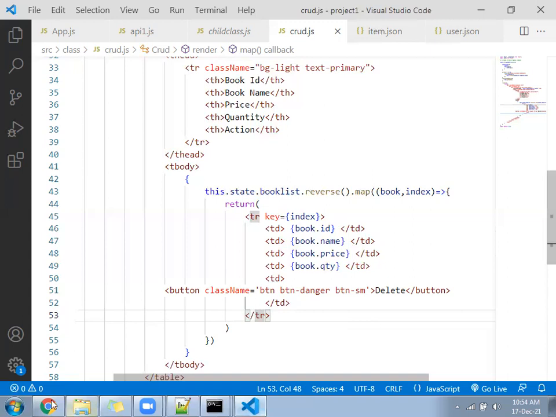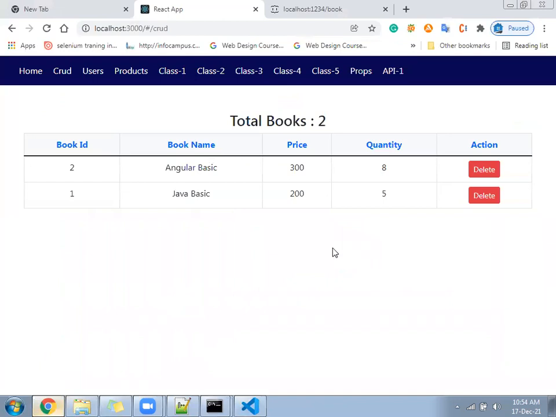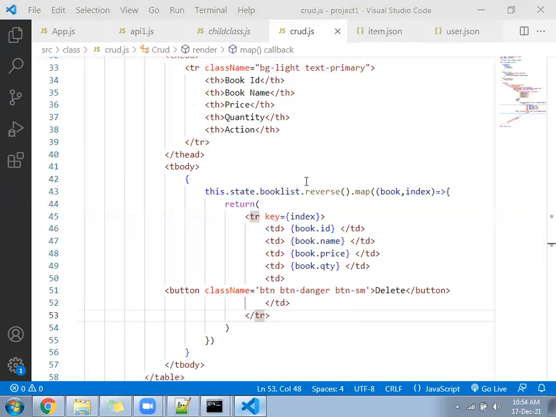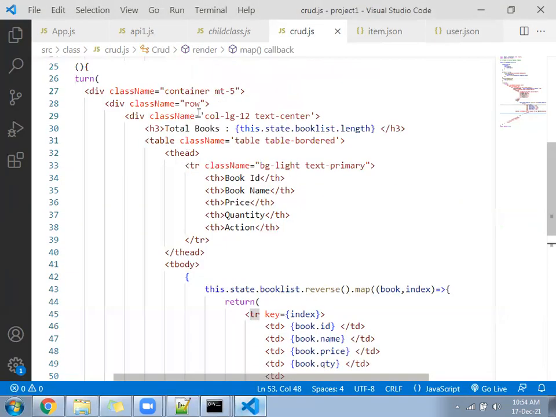Are you getting the list? Two book details will come. Now use reverse function, so it will come in descending order.